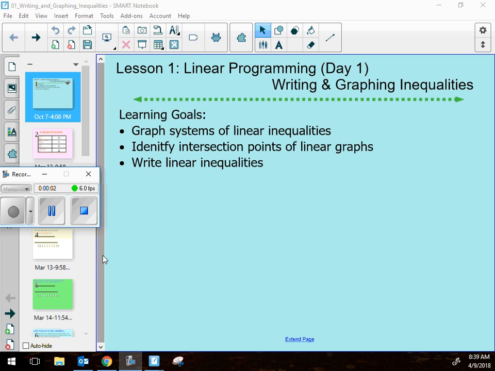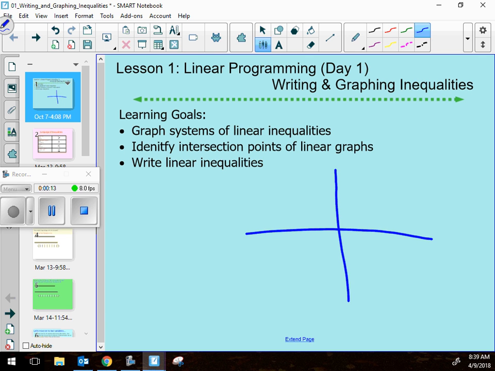Okay, today is called linear programming, but thankfully it starts off with something much simpler than linear programming. Do you remember the kind of problems where you would shade on one side of a line? You'd graph something like this, and then you'd shade above it or you'd shade below it. It was like a combination of